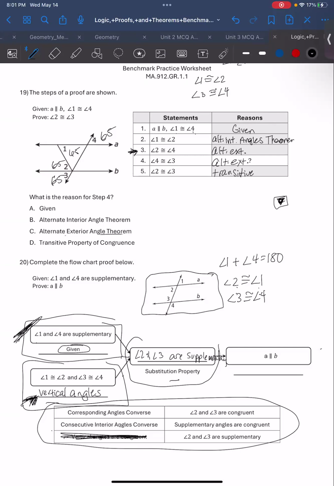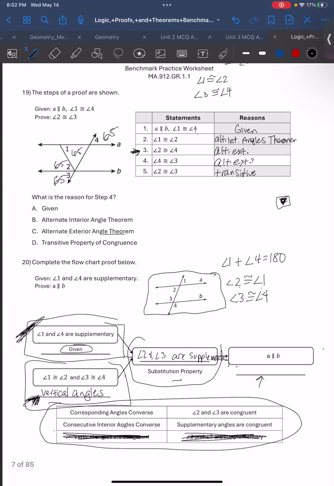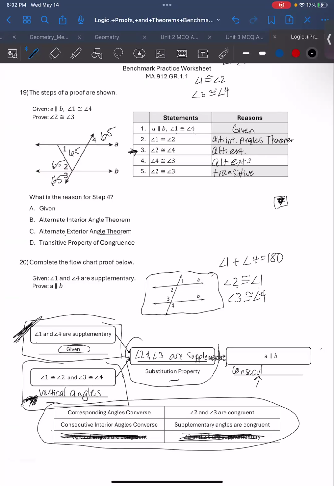Okay. So now I can eliminate this one. Now I have A is parallel to B, so I'm now looking for a reason. What would my reason be? Consecutive interior angles converse. Because remember, the converse says if you have consecutive interior angles that are supplementary, then the lines are